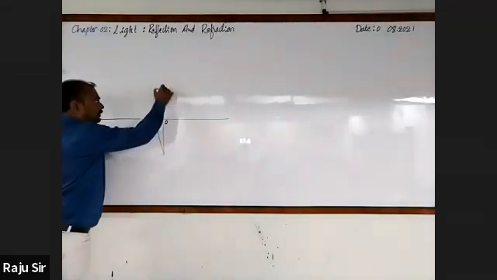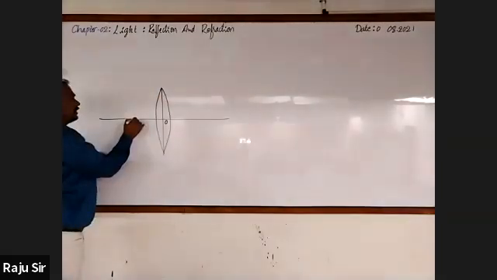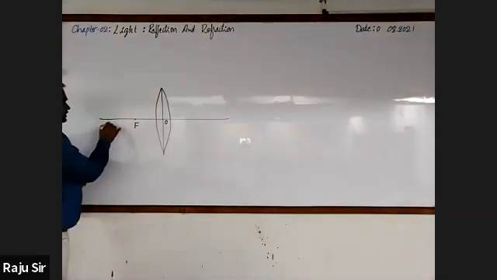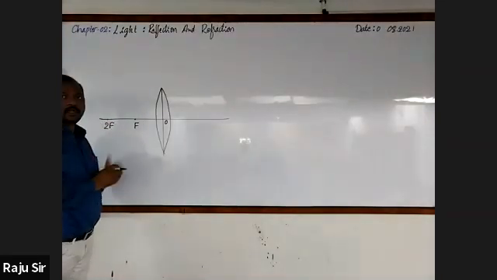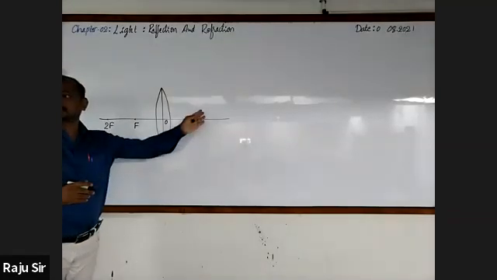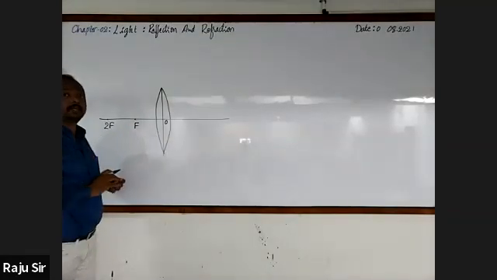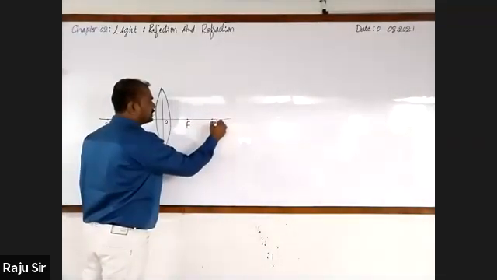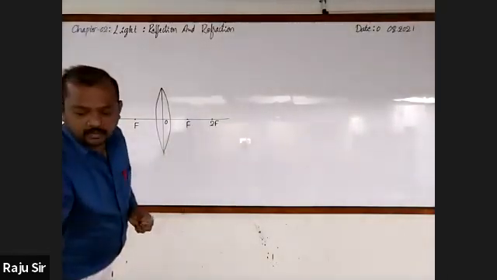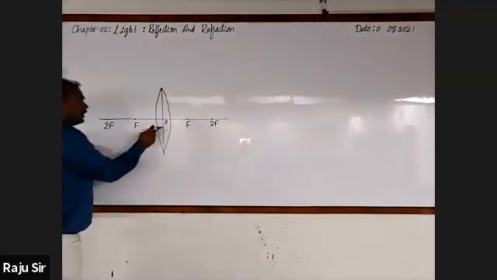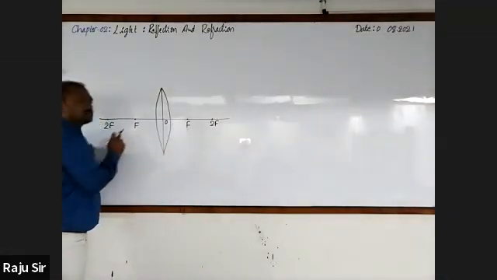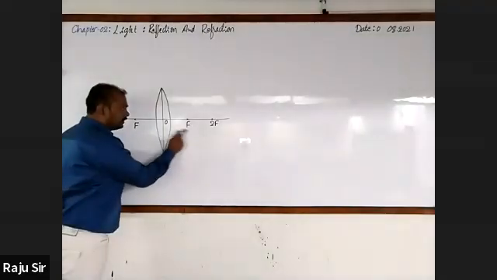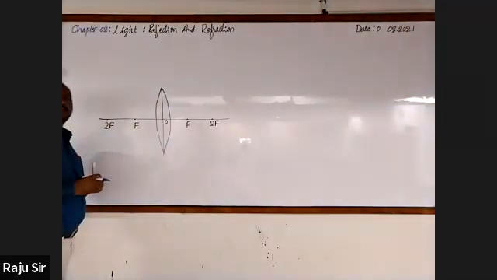Then what type of lens is it? Convex. This is the first principal focus. This is the second principal focus. And these are also to be marked on the other side because it is a transparent material. Could you tell what is the distance between the optical center and the principal focus? Focal length. Here from here to here, O to F, that is also the focal length.